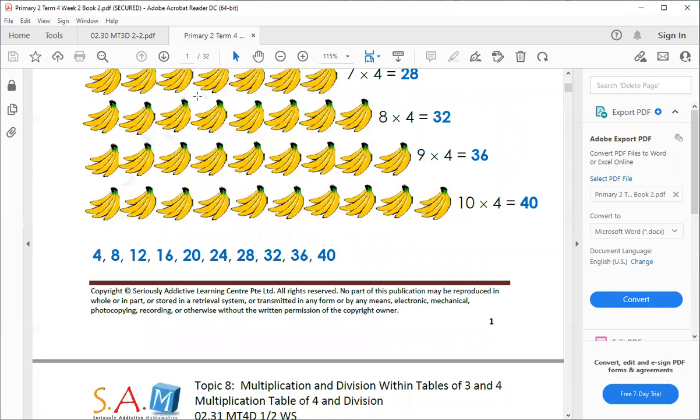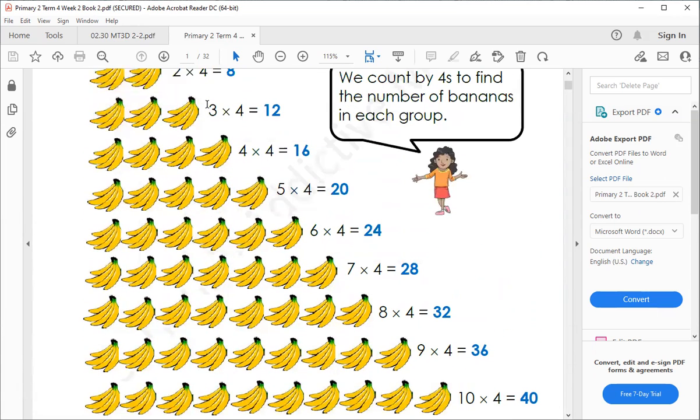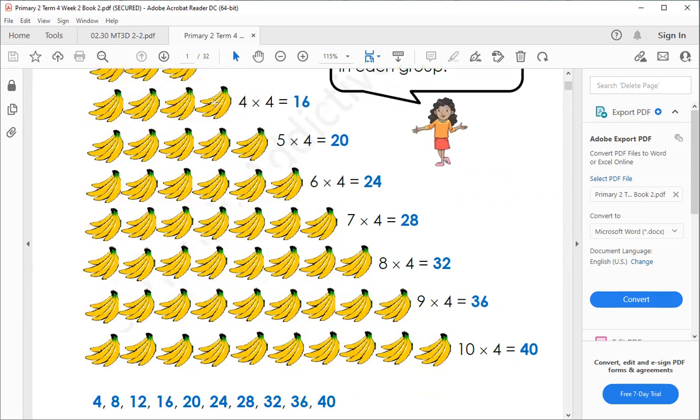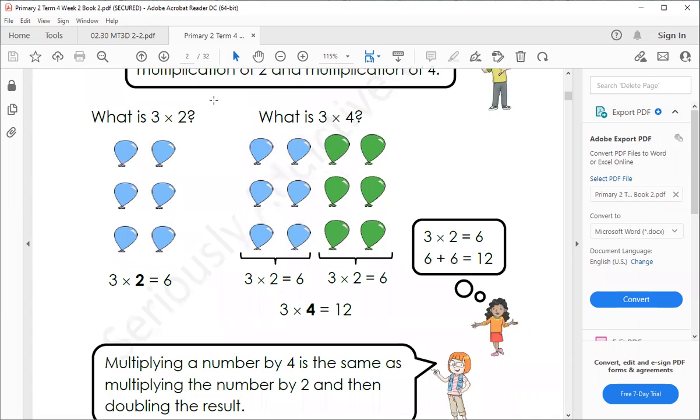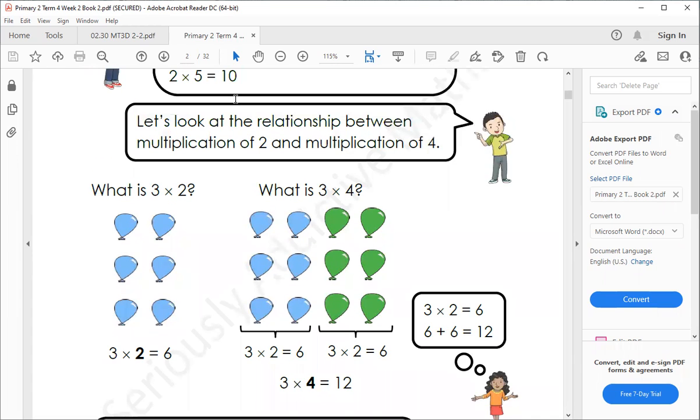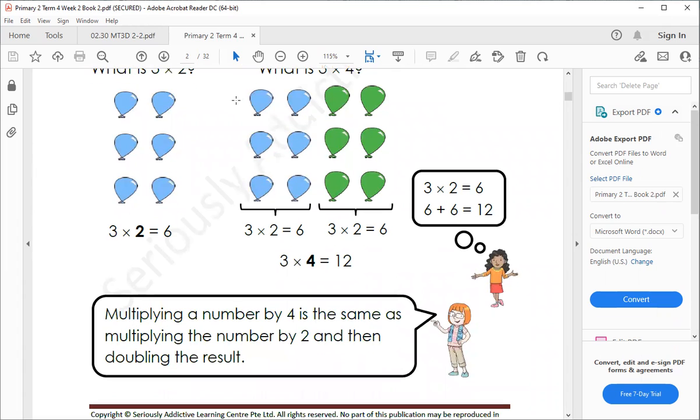Even for last week's topic, I get them to do multiplication, and then I know some of the students are quite strong, then I focus on the weaker ones who have a hard time doing multiplication of 4. Okay, so after that, do something proper. What is 3 times 2? What is 3 times 4? Get them to understand that